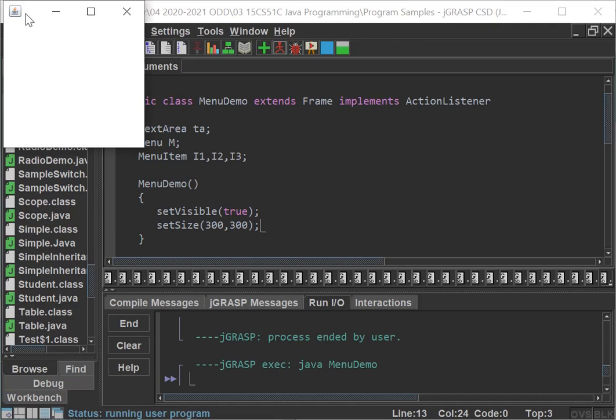What are the components we are going to bring? One is a menu bar and another one is a text area that we are going to bring. Very clear about it? So this is what we are going to bring. Once I try to click close, it will not get closed, because the window is not able to close until you are handling that event. This is the window event that we have already discussed.